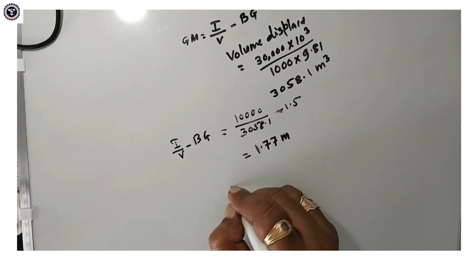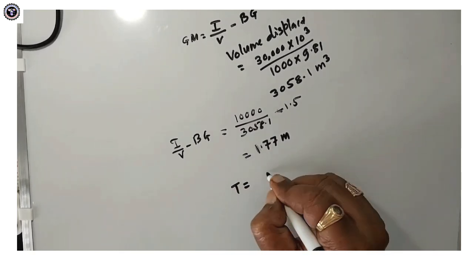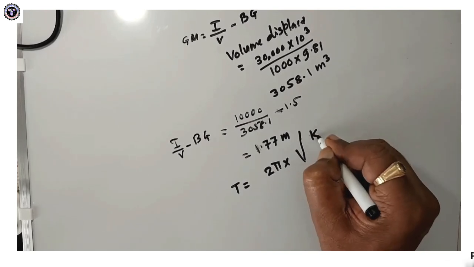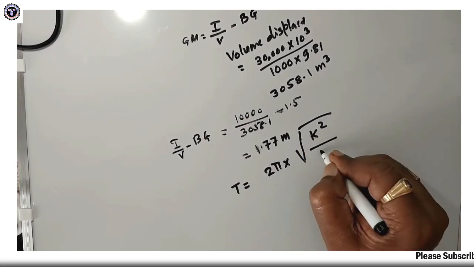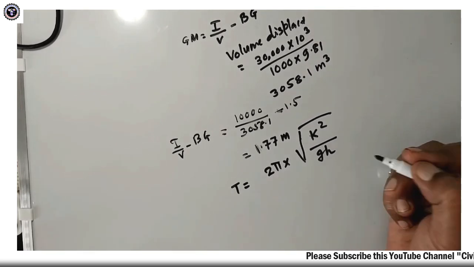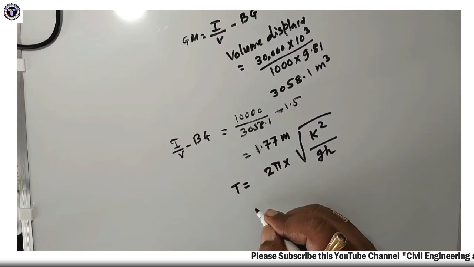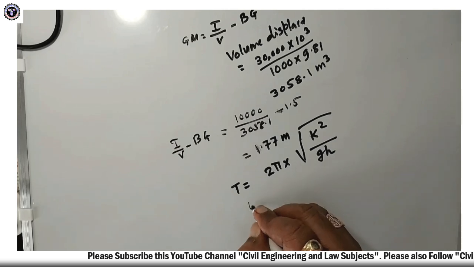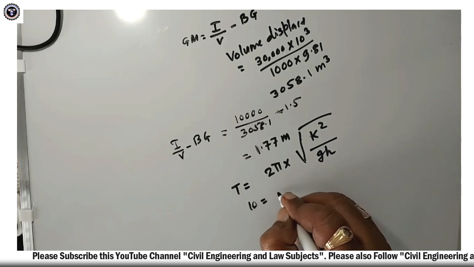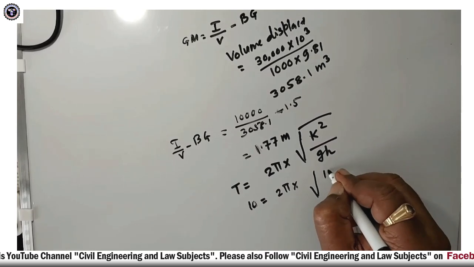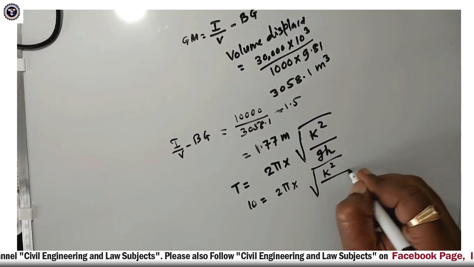So T is equal to 2 pi into K square upon GH. So here we want to find out the K. Everything is given here. T is 10 second, given here. So substitute 10 second. 10 second is equal to 2 pi into under root K square upon 9.81 into